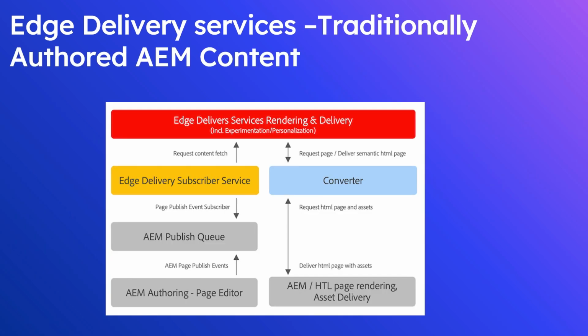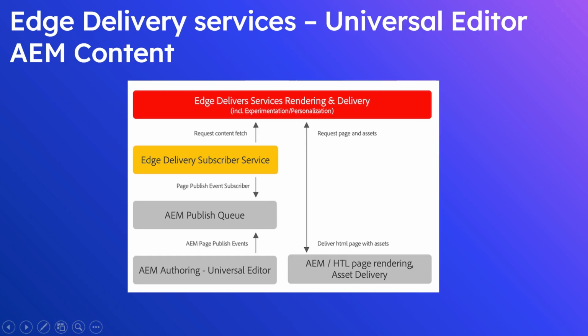If you see this diagram, the existing pages authored with page editors are supported by Edge Delivery Services. But a converter on App Builder will be required to convert the AEM rendered HTML output and send it to the Edge Delivery Services. This approach should be an intermediate step or phase 1 to move to Edge Delivery Services. Here you can continue to use your existing AEM site structure, components and authoring tools. The website rendering will be rebuilt by using EDS blocks. If you see this diagram, the content and pages are authored through Universal Editor in AEM.